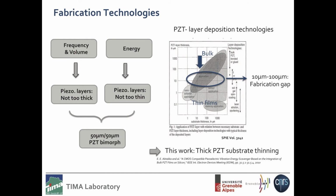And I think some answers are coming from the group from Femto now. During this work, we propose the thinning of PZT substrate. Okay, I will go more in the details of the process. So I will show you that the choice of the ceramics is a key point for the process, because if you go to the